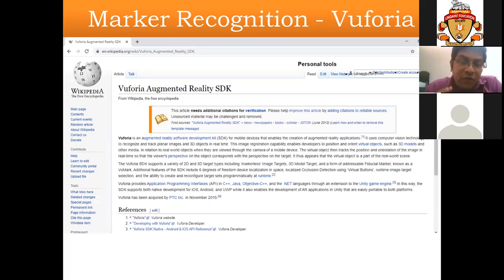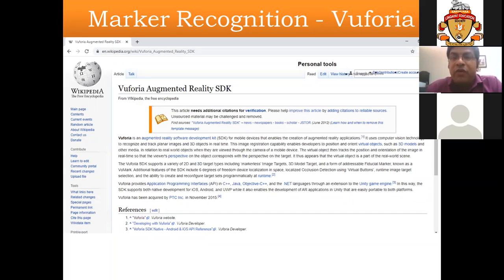The Vuforia SDK supports a variety of 2D and 3D target images, including markerless image targets. In markerless also there are image targets, but in the case of marker based also it supports various 2D as well as 3D image targets.